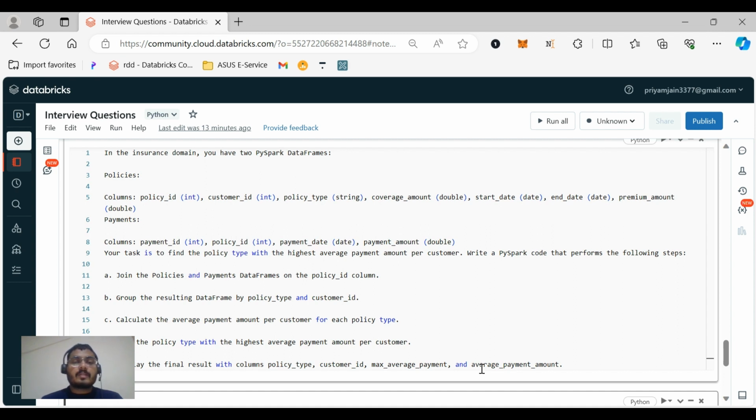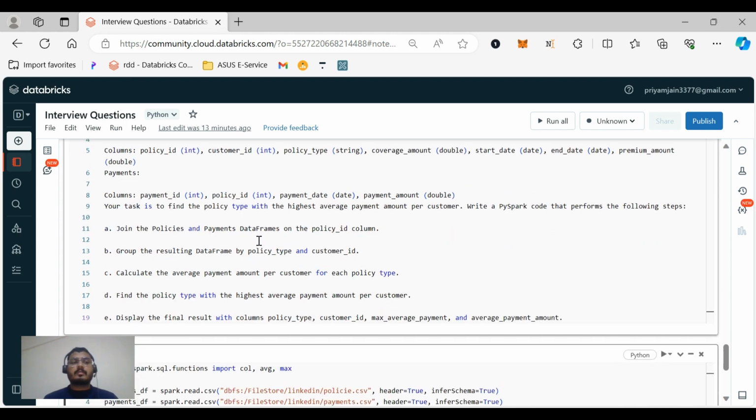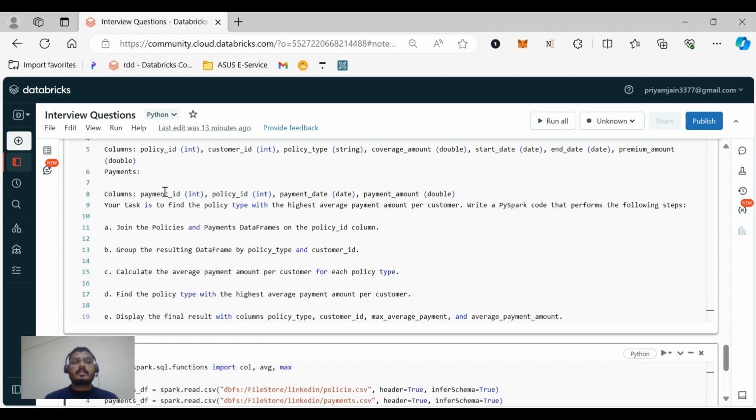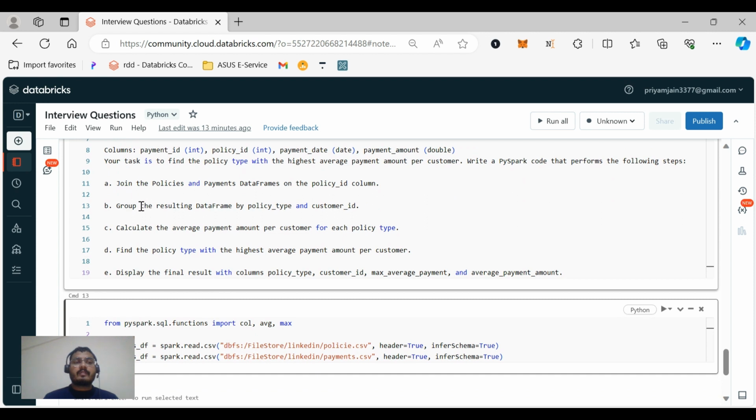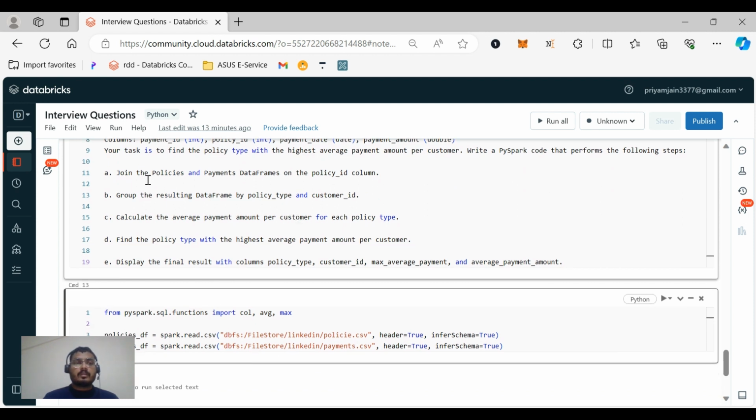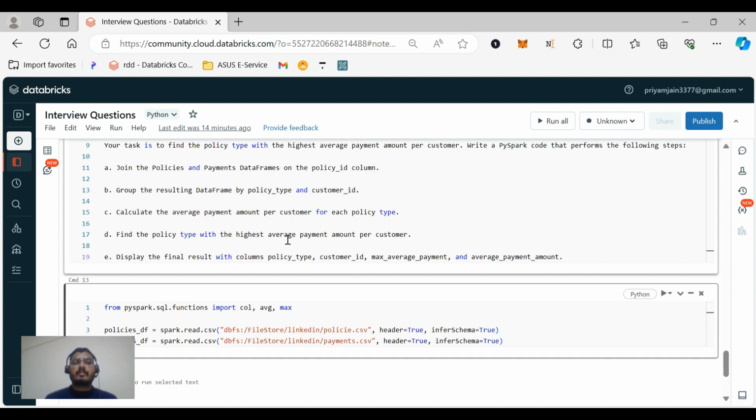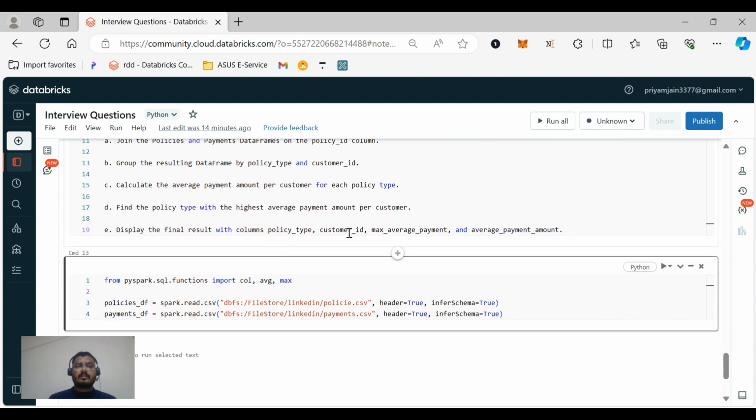Suppose we have two PySpark data frames. The first is policies, and the columns are policy ID, customer ID, policy type, coverage amount, start date, end date, premium amount. And the payments data frame has payment ID, policy ID, payment date, payment amount. Okay, now we have five tasks here: join the policies and payments data frame on the policy ID column, group the resulting data frame by policy type and customer ID, calculate the average payment amount, and find the policy type with the highest average amount per customer, and also display the final result with these